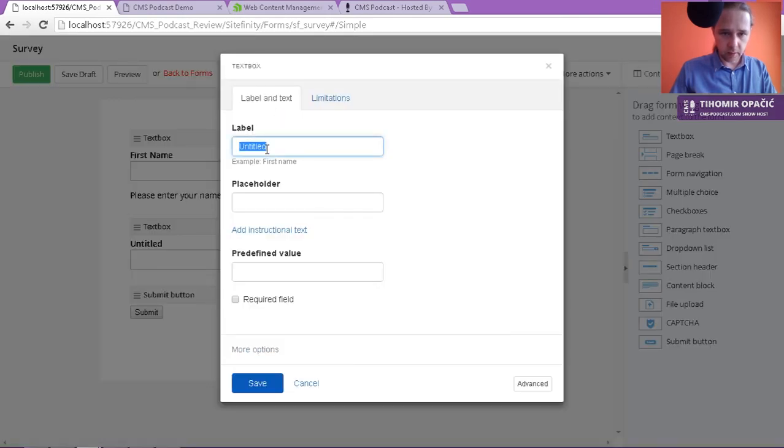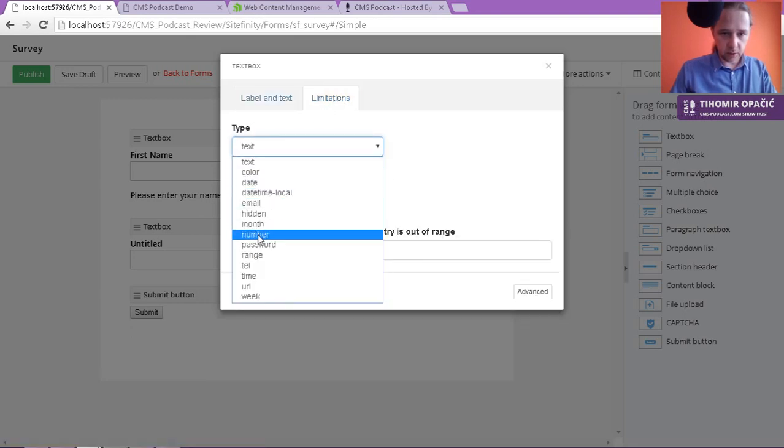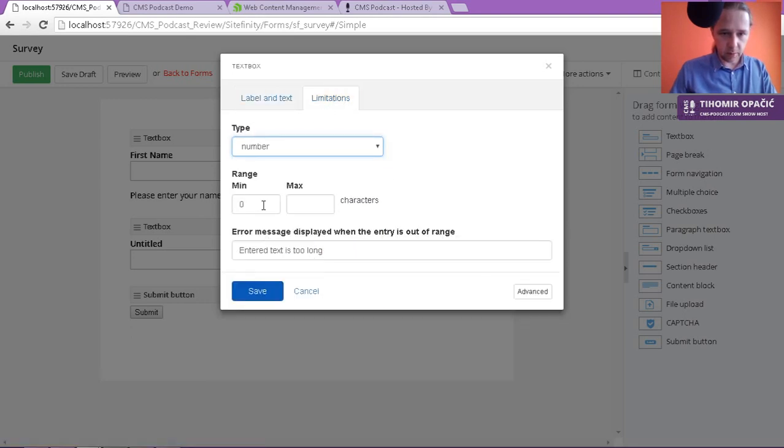Like, for instance, if we say age, then we can set limitation that it accepts only numbers from, I don't know, 13 to 130. And if someone enters more than 130,